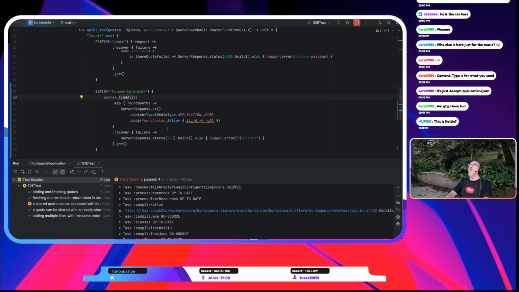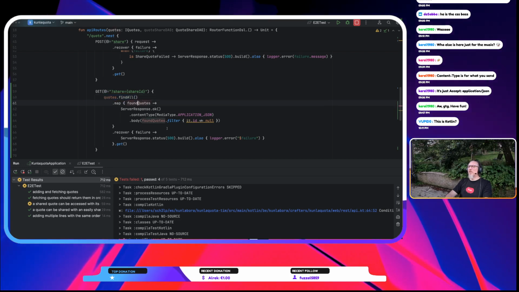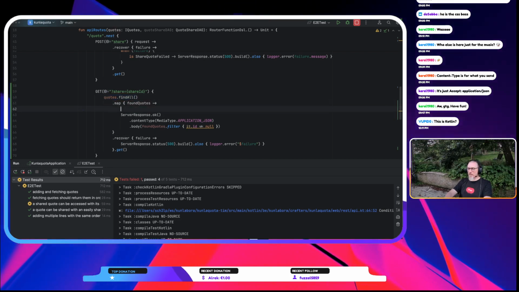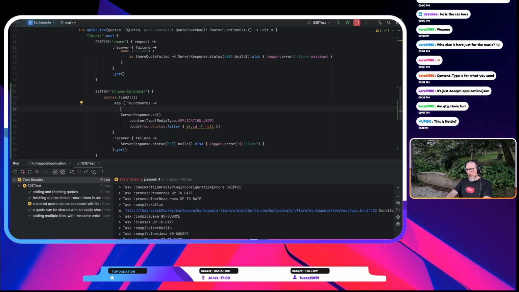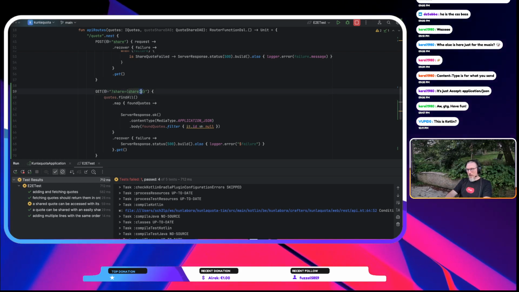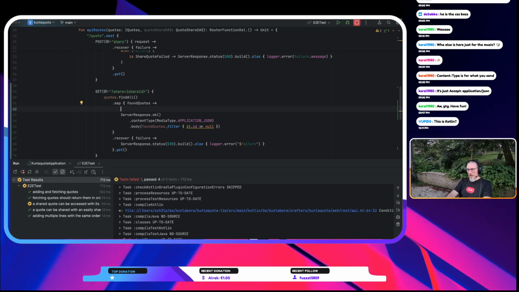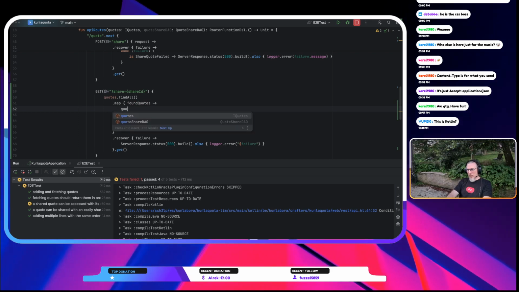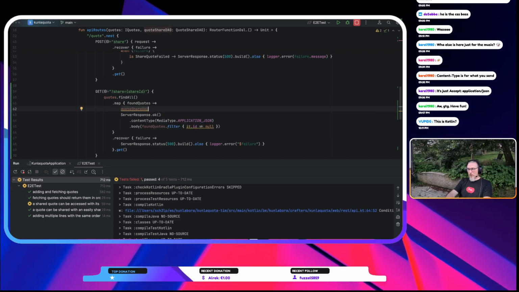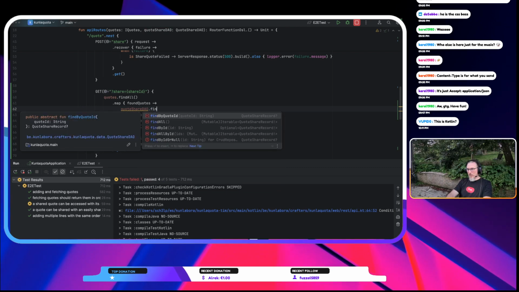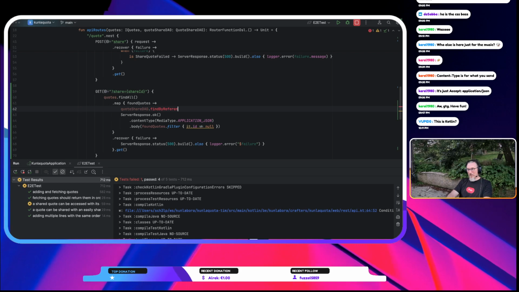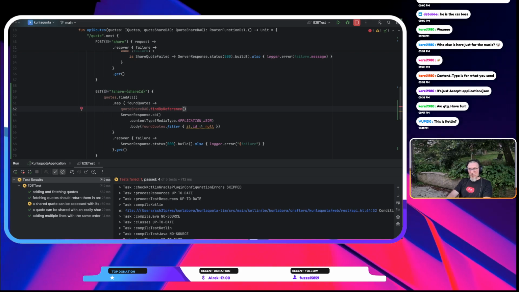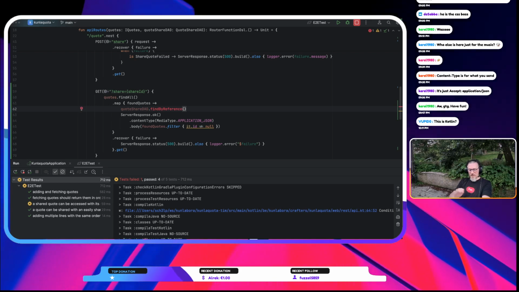I want to check, find all of the quotes. That's okay. Then with those found quotes, I want to find the one that corresponds to this share ID over here. And to do that, I want to go look at the quote share DAO, give me a find by, and then there should be a method called find by reference, I guess, which then has the